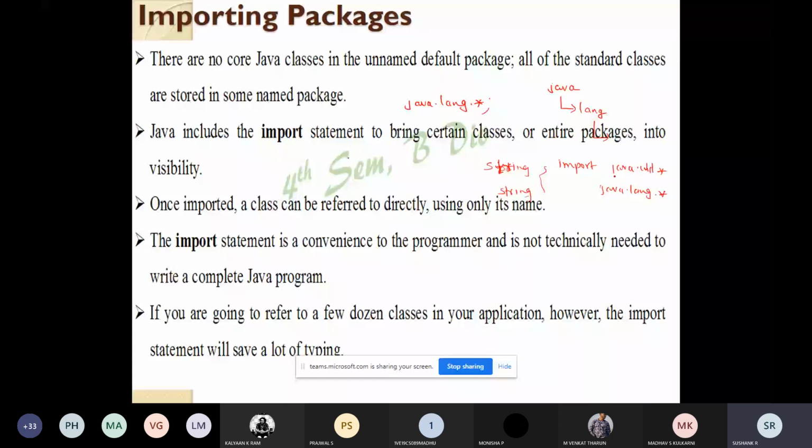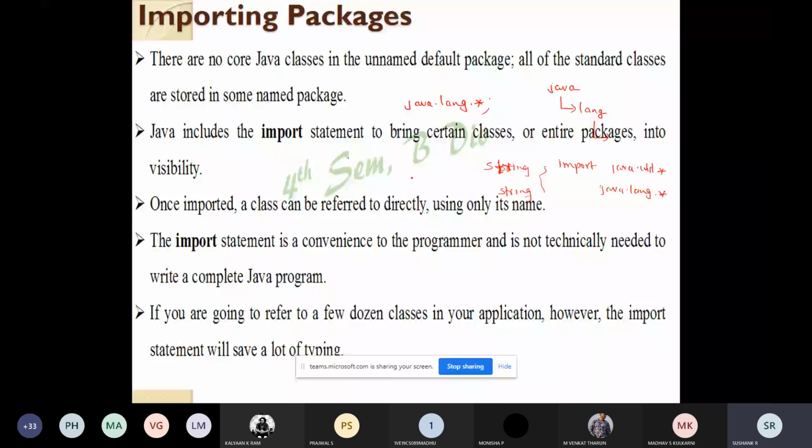If we have the same class name in two different packages, then we will get an error if you are referring to that class name. For example, there might be a situation where I want to use this String class, but that String class is present in both the packages.